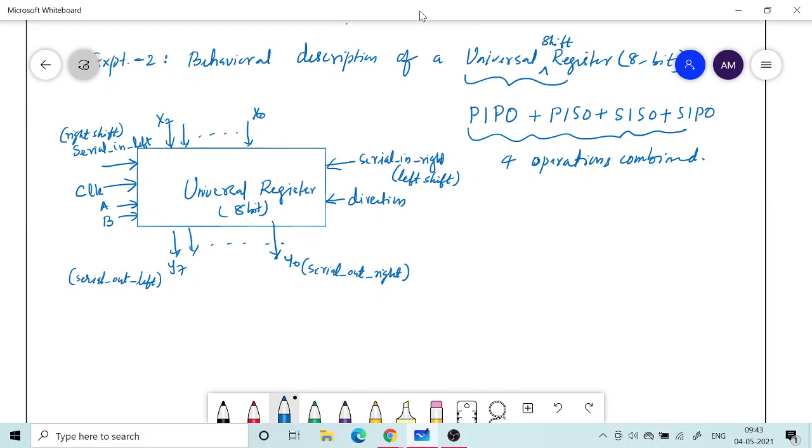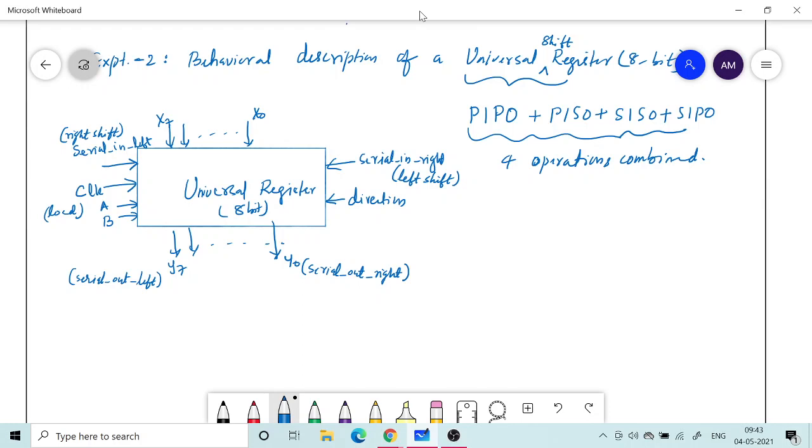One of them you can use for the purpose of loading the data. Say you take A as load. Whenever A is high, no shift operation will be activated.